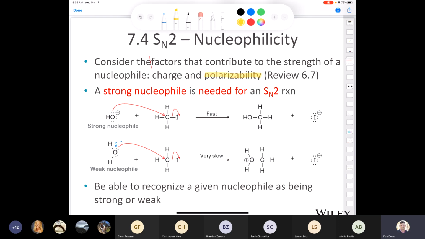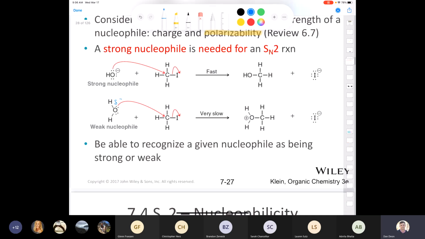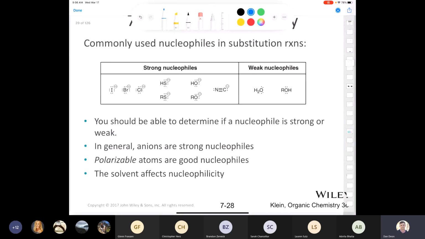For example, if you were to compare, and I think I might have gone over this in the last class, I can't remember, if you were to compare the nucleophilicity of H2O versus H2S, H2S is going to be a better nucleophile because sulfur is more polarizable. Anyhow, there we go. So commonly used nucleophiles that are going to come up all the time in this class